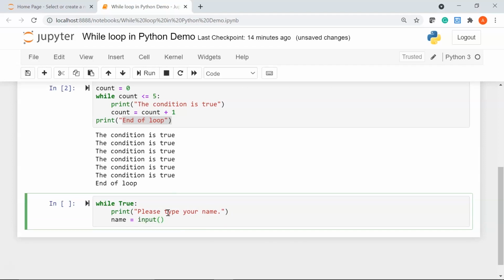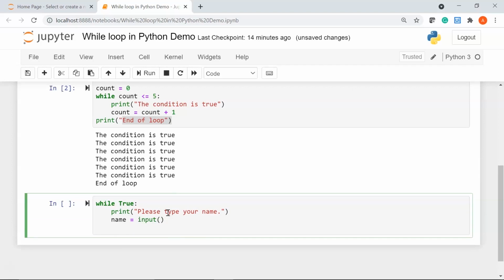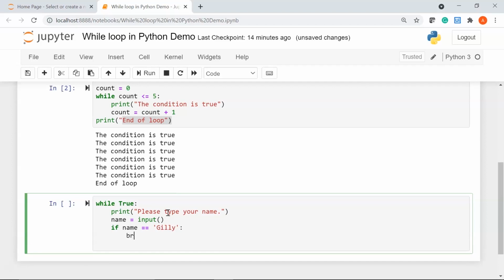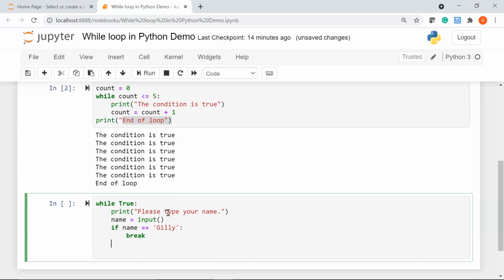So I am specifying the input function. I'm going to check if my name is equal to, let's say, Gilly. Then I should give a colon here. I'll break out of the loop and then will print "thank you, you typed the correct name".